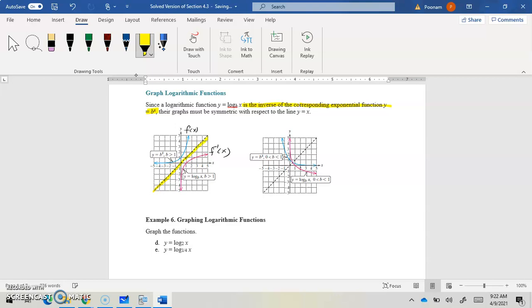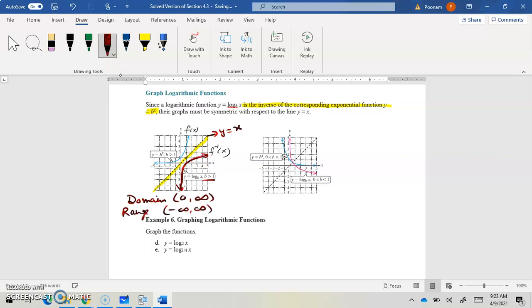So this line, the diagonal line, is the line y is equal to x. So the graph of f of x and f inverse x, they are mirror images of each other. So if we already know that this blue curve is the graph of b raised to power x, if b is more than 1, that means the graph of log of x with base b, where b is more than 1, would be this red curve increasing from left to right. But in this case, it is all its domain. What do you observe? That the domain x values is from 0 to infinity,